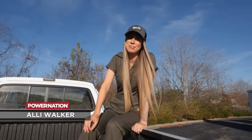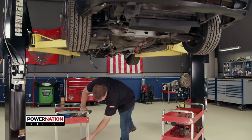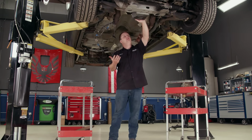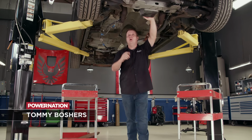Welcome back to PowerNation Builds, where Detroit muscle's getting ready to convert the Crown Vic. Our plan is to swap it over to a manual. Well, we got our Crown Vic all disassembled, and we're pretty much ready to start going back in with the new pieces. Now, what's cool about this conversion is it's not so crazy that it's gonna require one-off pieces, because